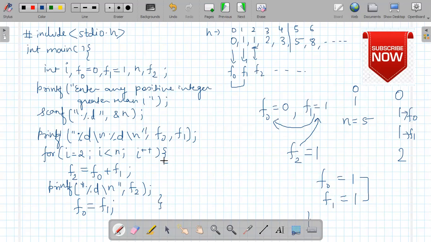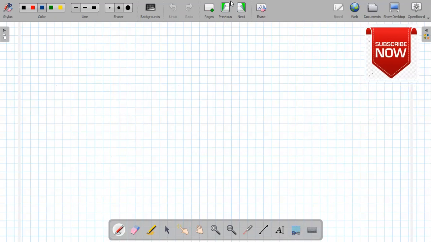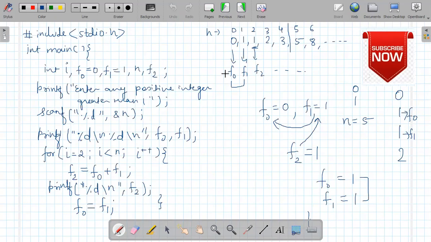We close the bracket here after writing these three statements, because we are using three statements after the for loop. That's why we are putting brackets here. If there is only one statement after the for loop, there is no need to put brackets. Now I have closed the bracket here.